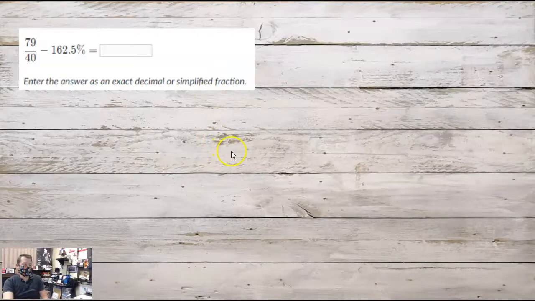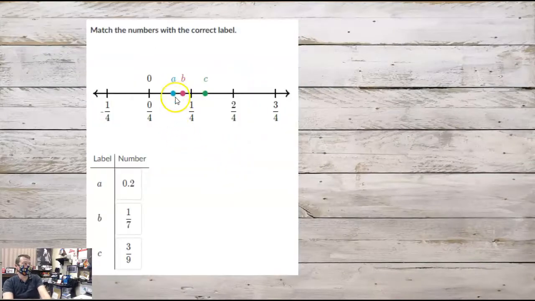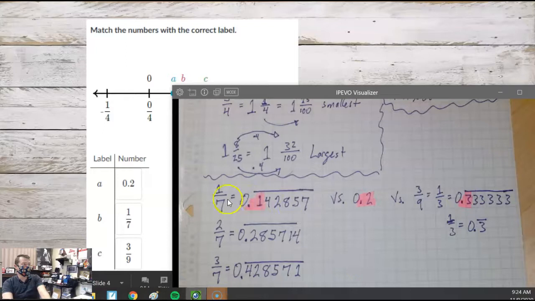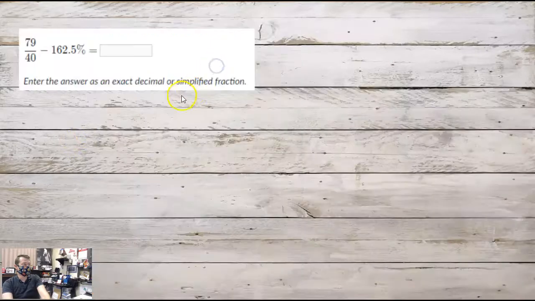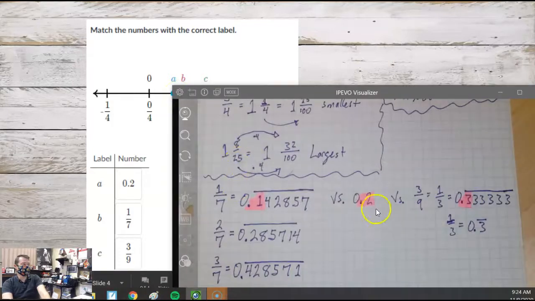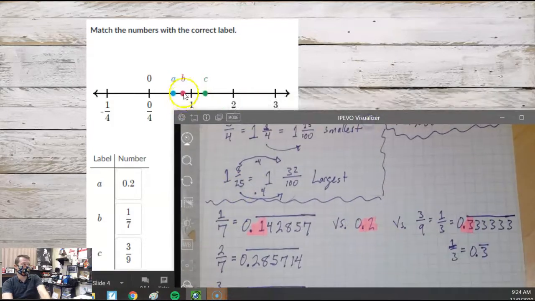So then if we're trying to match with the correct point, we can just say, well, if 0.1 or 1/7 is the lowest, then the lowest number here is going to be A, right? If 2/10 was the next biggest number, well, yeah, we can't,